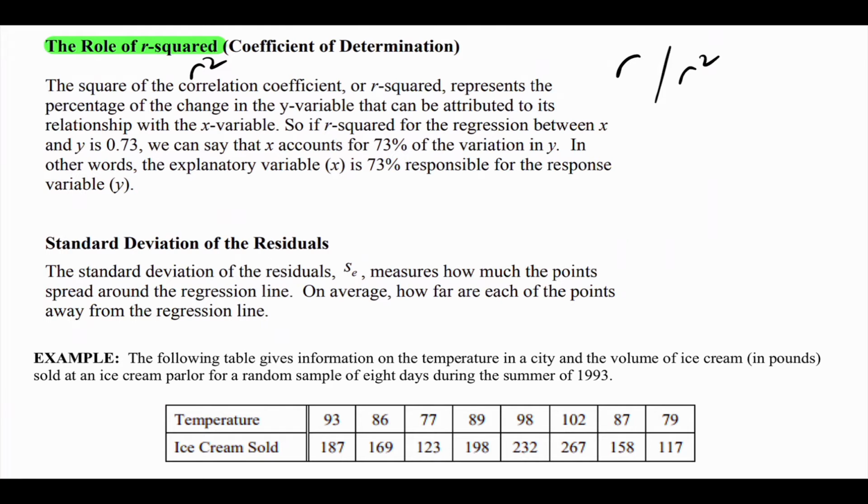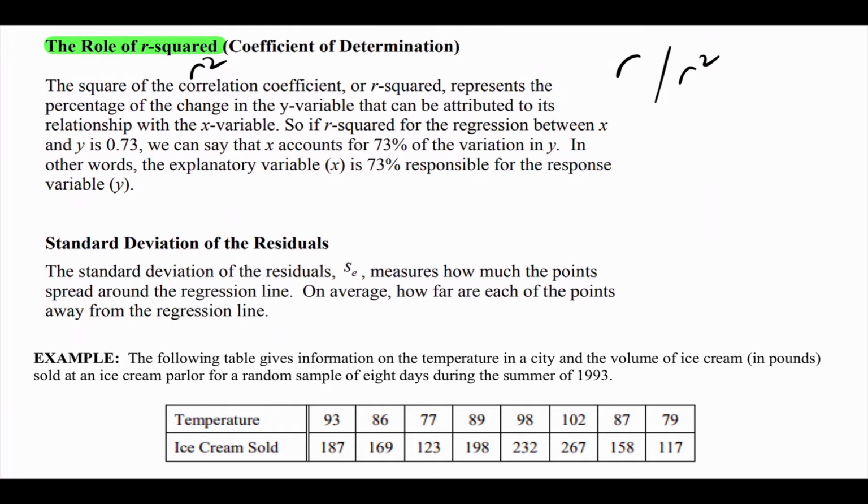So what is R squared? The square of the correlation coefficient, or R squared, represents the percentage of change in the Y variable that is attributed to the relationship with the X variable. That sounds very confusing. This is what it is. It explains why two things are correlated. For example,